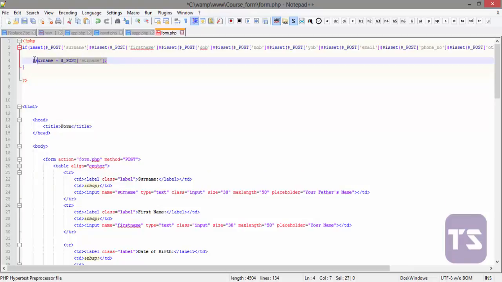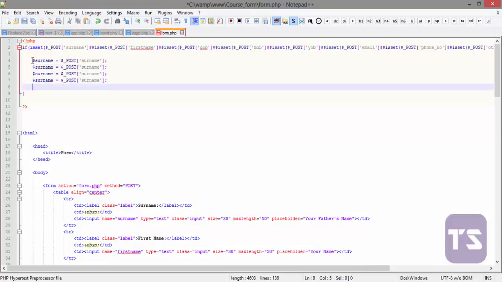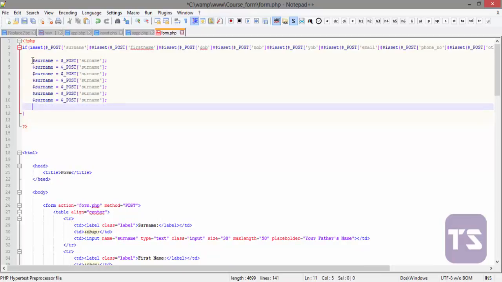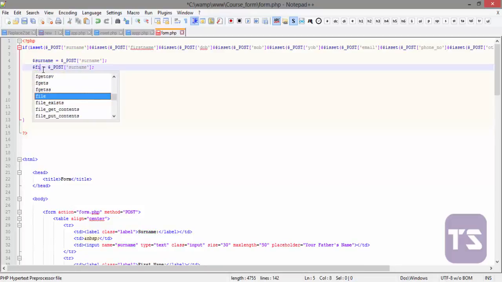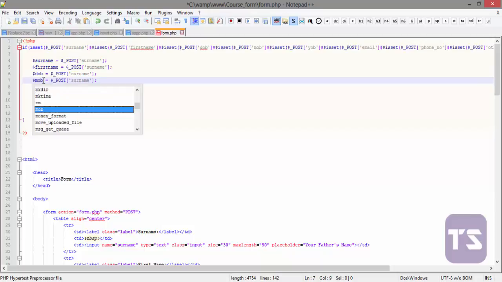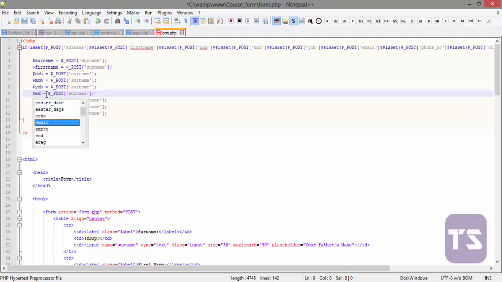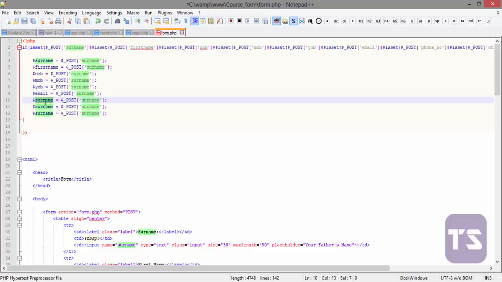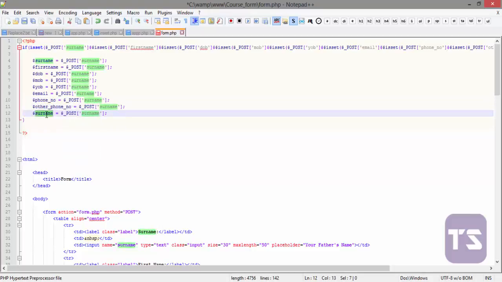Now I'll copy and paste a couple of times, and then 3 4 5 6 7 8 9. Okay, so I'm going to change that here. So this is first name, and this is DOB. This should be MOB. This should be YOB, and this should be email. This is phone number. This is other phone number, and this is bio. Okay, very easy. I will change this to